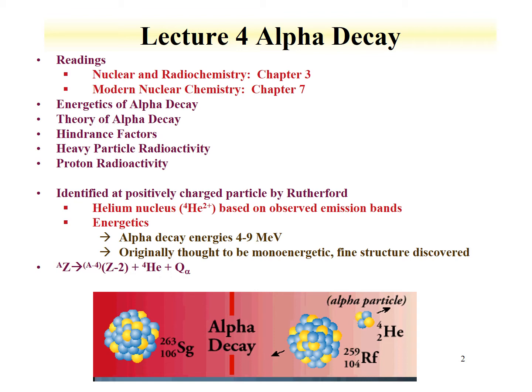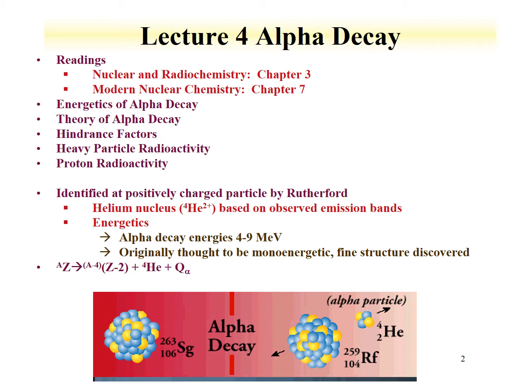In other words, decay of something that's a charged particle larger than a helium nucleus. We'll introduce the concept that some isotopes have a very, very small branching of a decay of something like carbon-12. And then we'll talk about proton radioactivity, in other words, proton decay. There's a range on the chart of the nuclides, the proton drip line, and we'll discuss the emission of protons